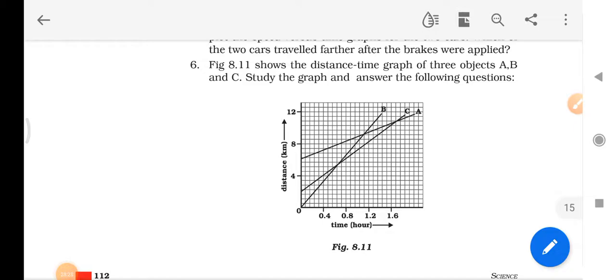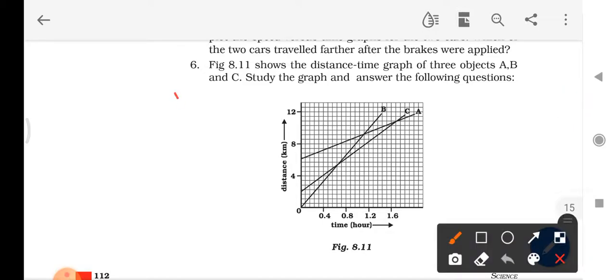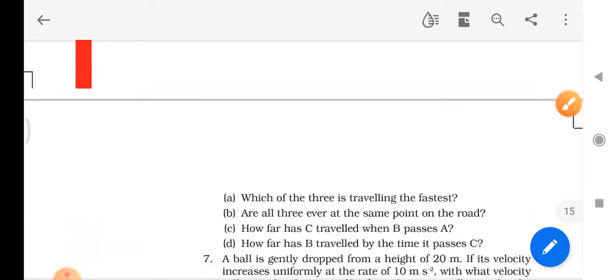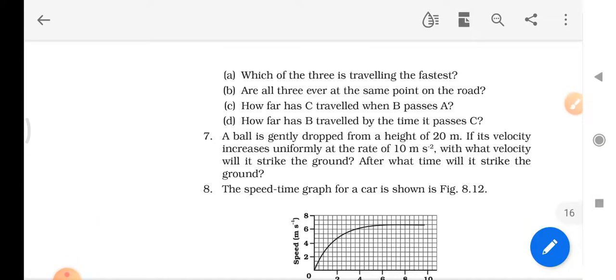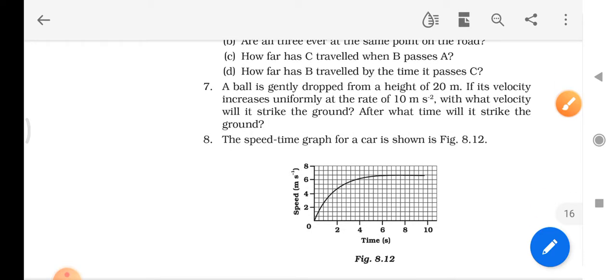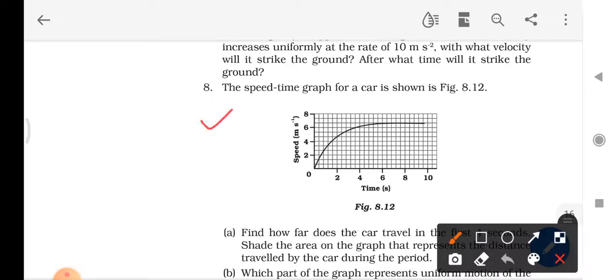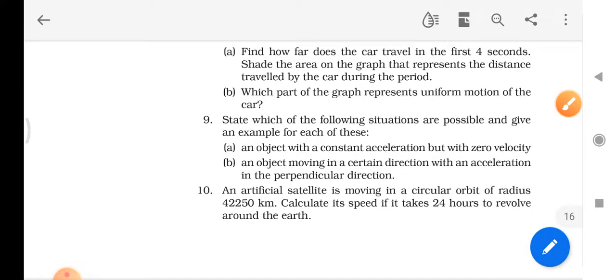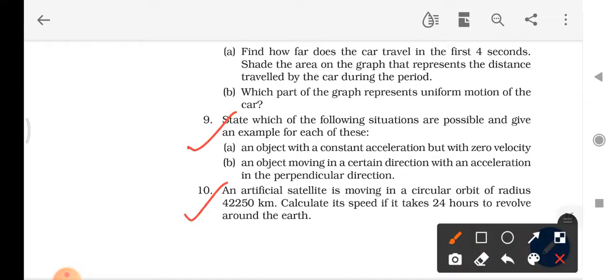Take your book and see the question number 6 I discussed. And question number 7 discussed. Question number 8 discussed. Question number 9 and 10 discussed. So chapter number 8 is completed. You have to copy these